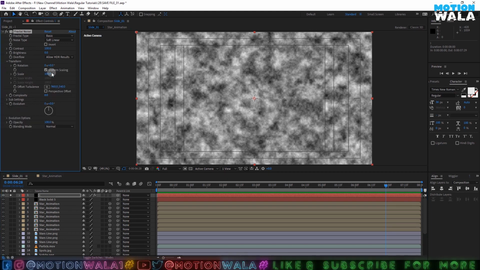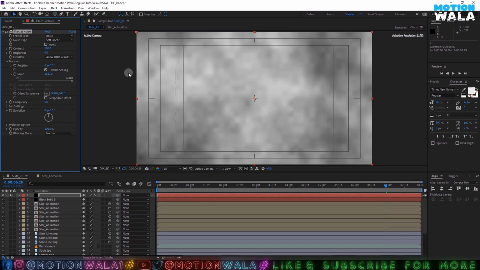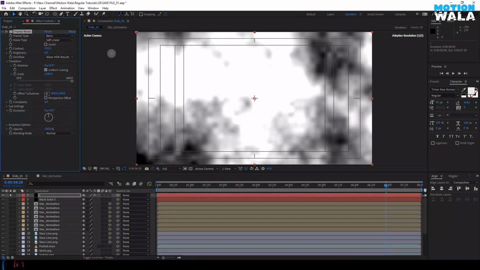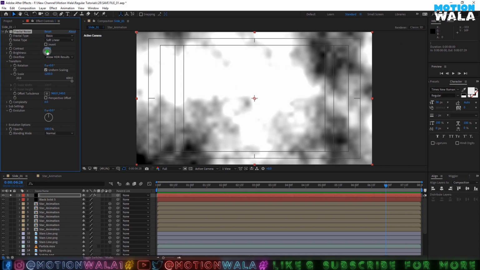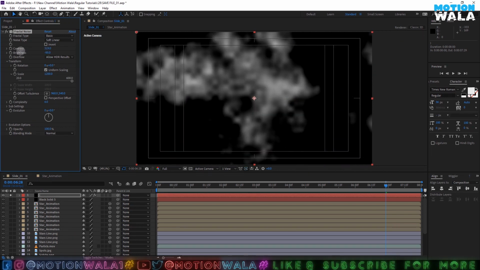Go to transform and scale it maybe like 1200, and play with the brightness and contrast like this, just like this, and change the